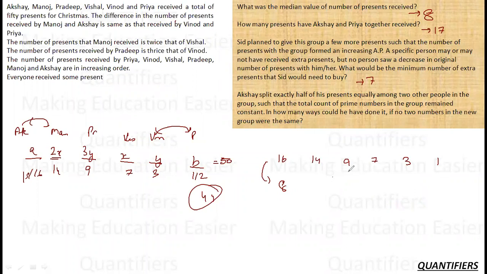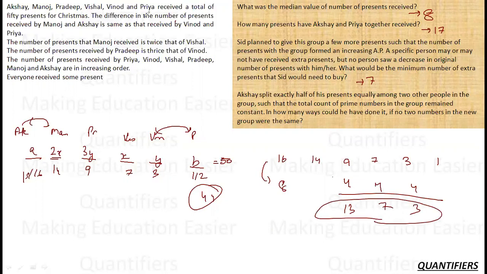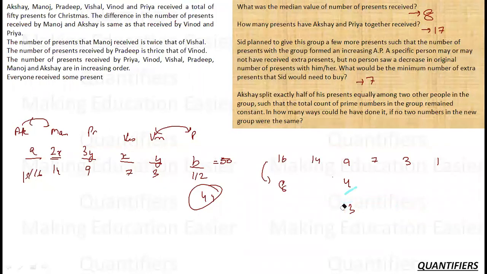If I try to change something in these 4 numbers, let's say if I add 4 to it, it becomes 13, and I add 4 to any of these numbers, then the total number of prime numbers will change, which is not possible anyway. And if I add 4 to it, then this is 7, this is 3. The total number of prime numbers is 3. It is also not possible. Which means that I cannot add 4 to these odd numbers, because if I am adding 4 to this and converting any of them, the number of prime numbers is increasing.